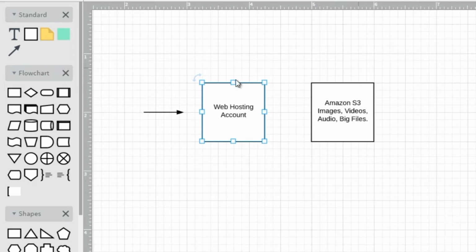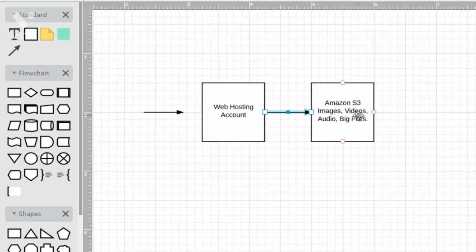So actually what happened was we had a dedicated server and we moved down to a cheap $50 per month virtual private server. So now what we do is we use that as a virtual private server, meaning that what other people do does not impact our actual account. So now we have a cheap web hosting account and we link the images, the videos, the audio, and the